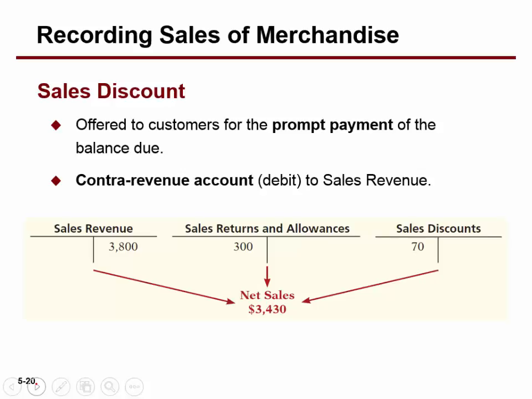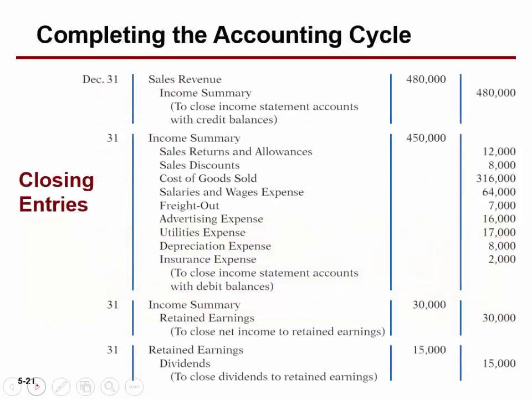What happens with sales discounts? If everyone takes our discount, they're falling over each other to take the discount, then maybe we're offering too nice of a discount. If nobody ever takes the discount, maybe we want to offer a little better discount, right? Okay, so all of these things can be determined from an operational standpoint if you do the accounting on it. We've already seen the closing entries, guys. I'm not going to go through those again.